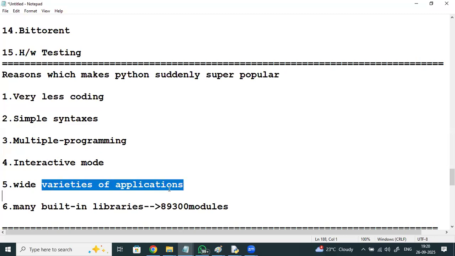Python has got 89,300 built-in modules for different environments.